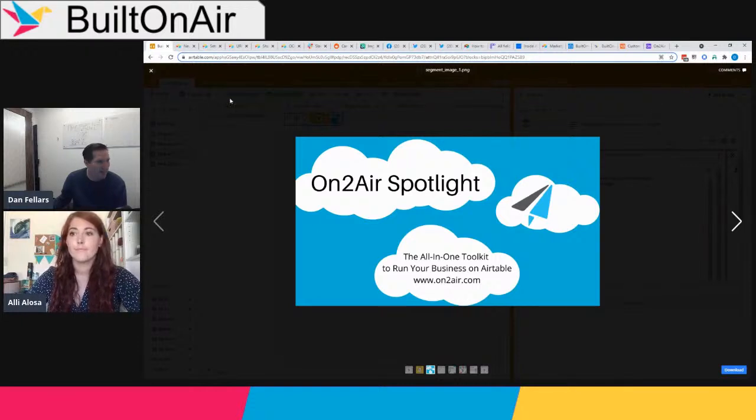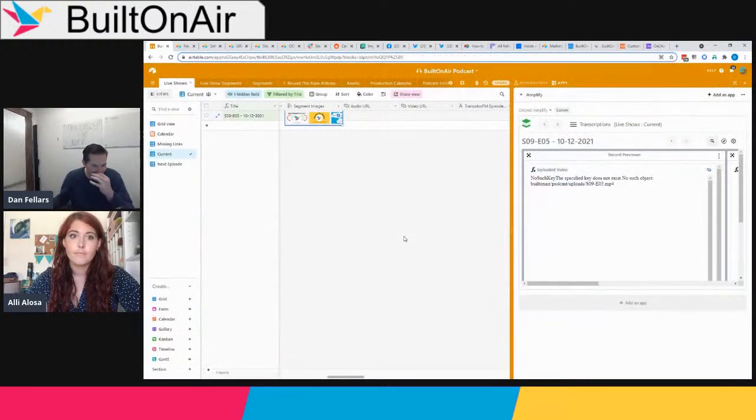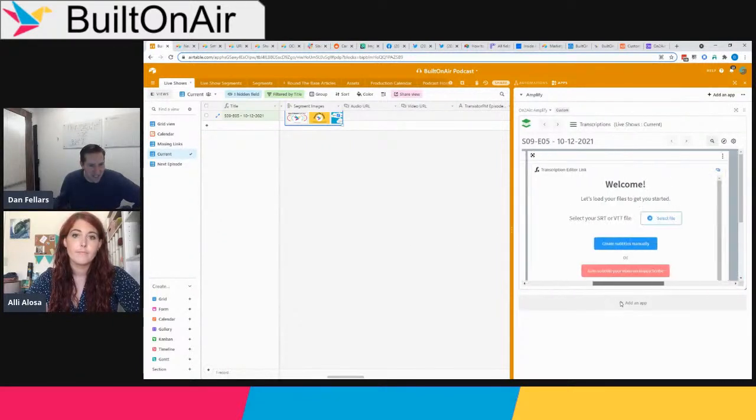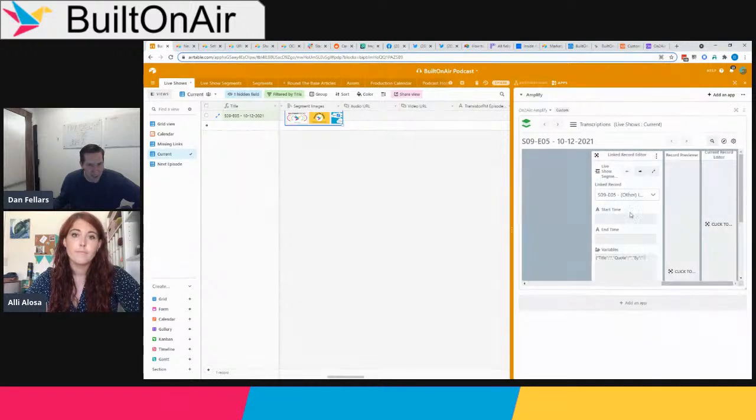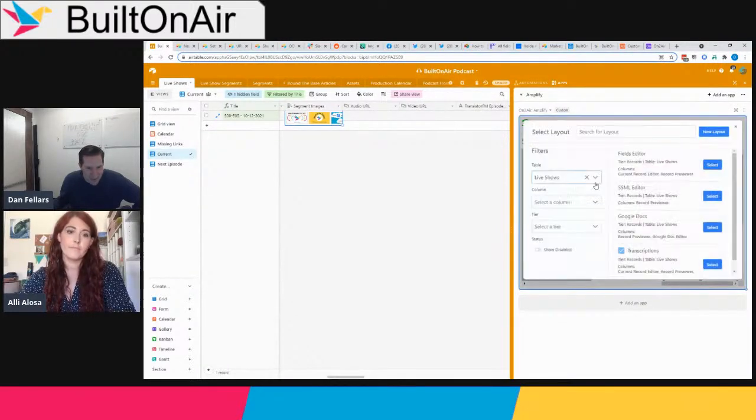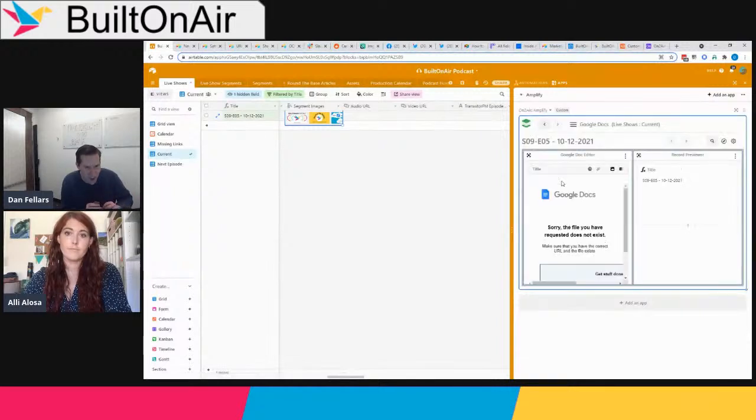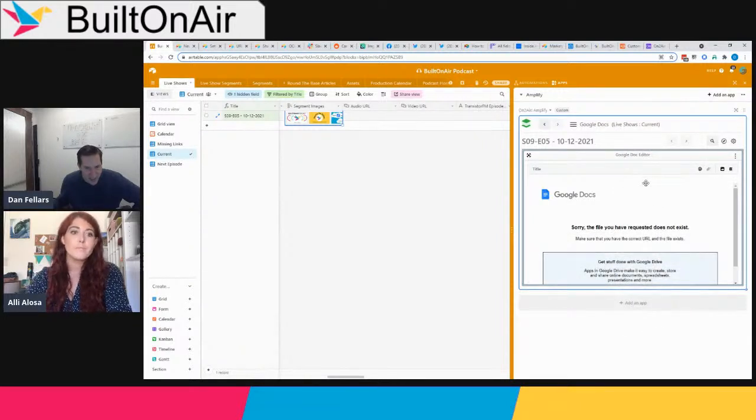So what I thought I'd do for this spotlight is give a sneak peek into some coming features that are not yet live in our Amplify app. So we're in final stages of finalizing this, and we're moving to a grid layout. Let me find a better one. To where you'll be able to organize your columns, or what we now call block views, and they can be on top of each other or left and right. So in the past, our layouts were left, right, and we're moving to where they can be